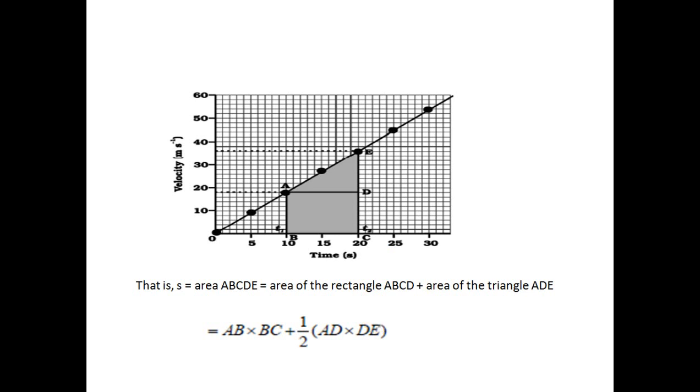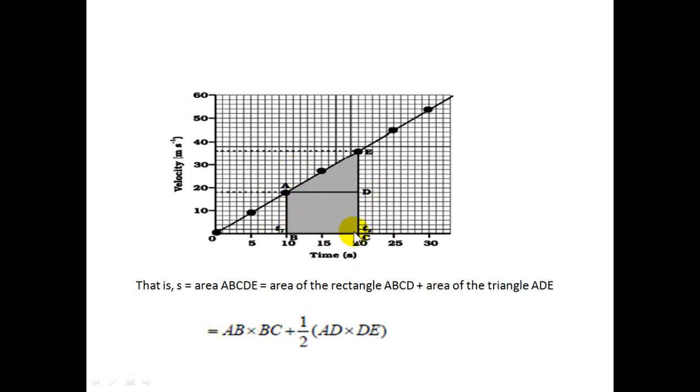From the graph in figure 1.8, we can determine the distance covered by the car between the 10th and 20th second, as we did in the case of the train in the previous example. We discussed everything in the previous example. In the same way we will find the same thing here also, as we have a clear formula. You can see here AB into BC, which is used to find the area of this rectangle.